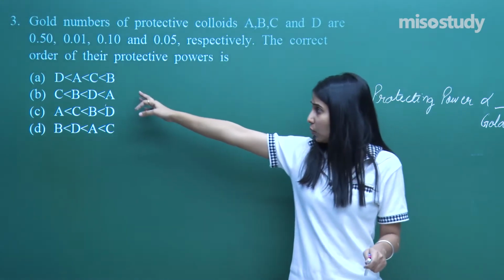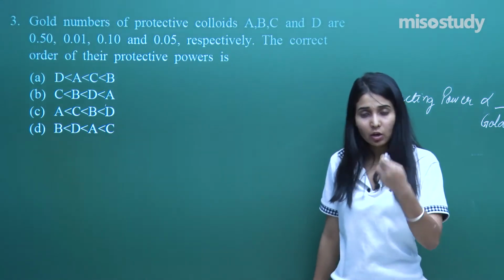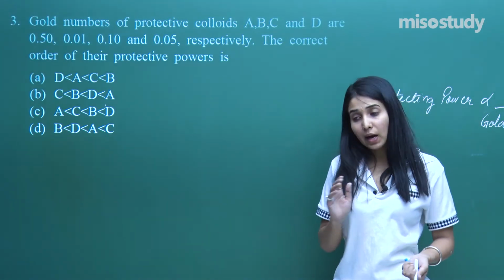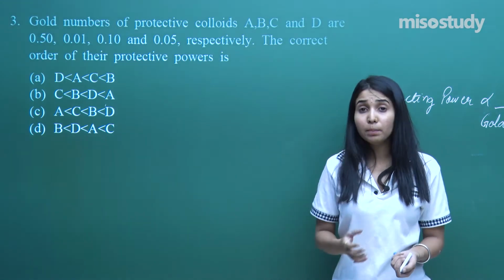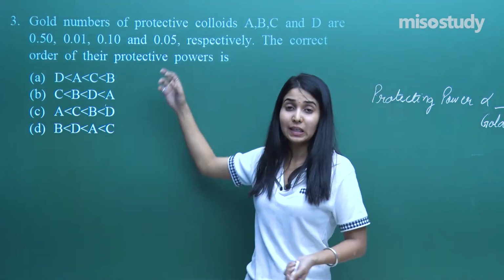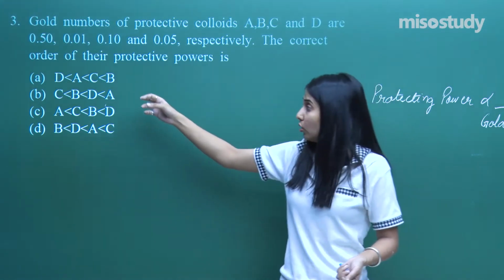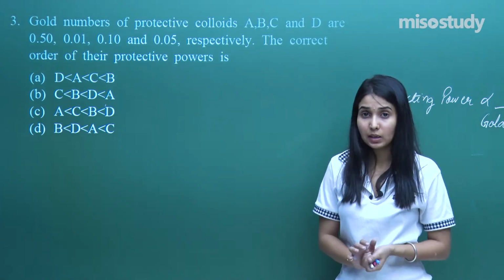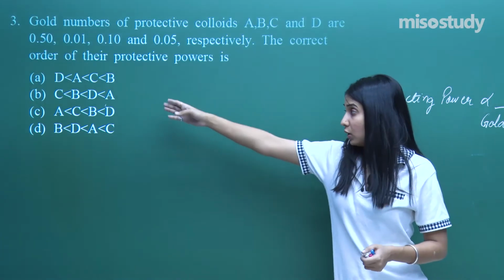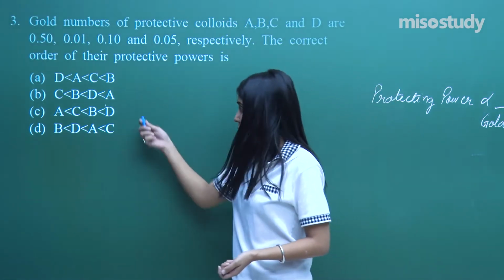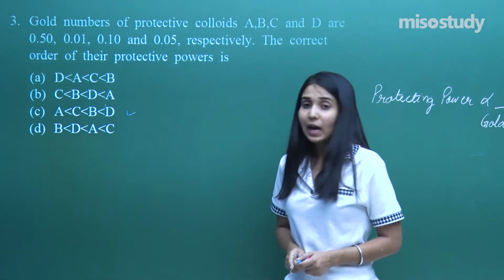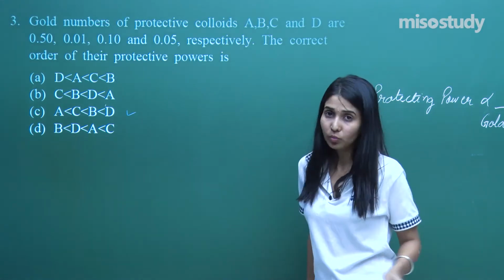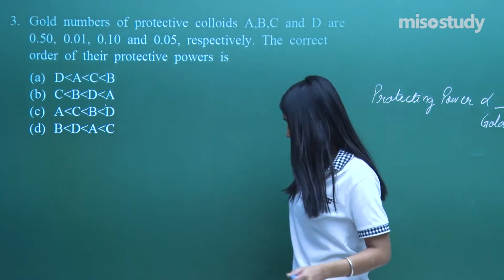So whenever we go for this multiple choice thing, I always say that always try to work smartly, because you know the answer, no doubt you are able to relate it. But the best part is, if you would have seen this directly, that would have saved so much of your time. You don't even need to check for option A, B or D. Because now I have the clear concept, I can say that option C would be my correct option. Why? Because D has the lowest value of gold number, and my gold number is inversely proportional to my protecting power, right?